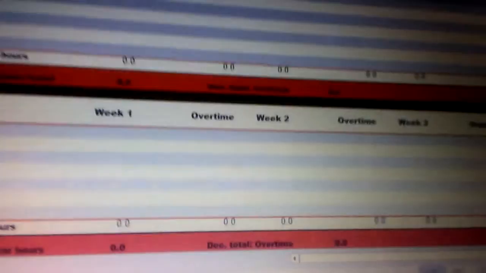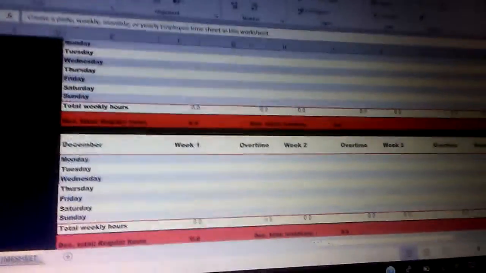Because it will be much more productive and faster if Goodwill of Hilo and the Arc of Hilo would use it. It will be much easier for the PAs to use Therap and Chronos. And there's another way that probably Goodwill could keep track of their timesheets and hourly pay. So they get this thing called